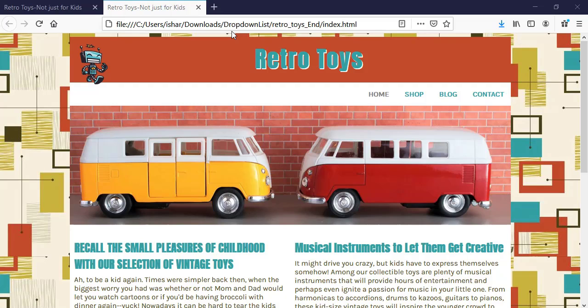Okay, I always have students that ask me, how do I create a drop-down list in my navigation bar? So I'm going to start from scratch. I'm going to create a navigation bar, and I'm going to have a link here that says About. When I bring my mouse over that About, it's going to drop down